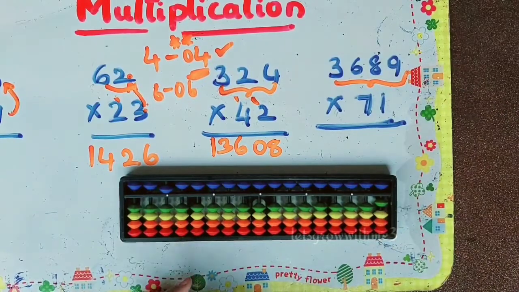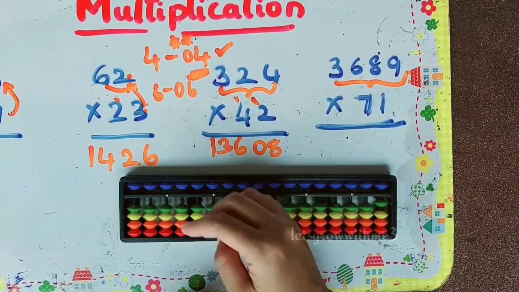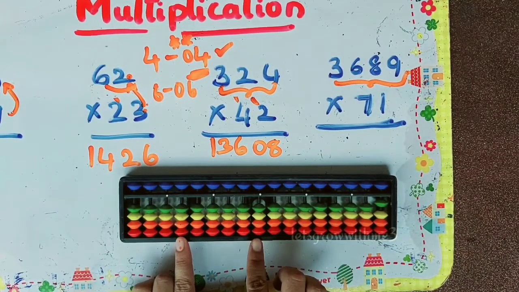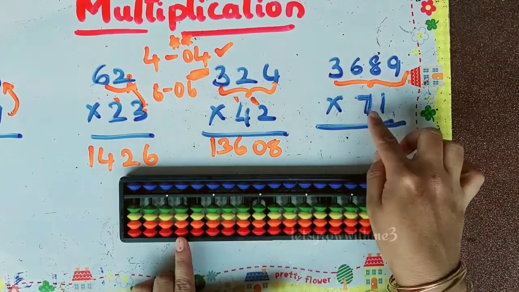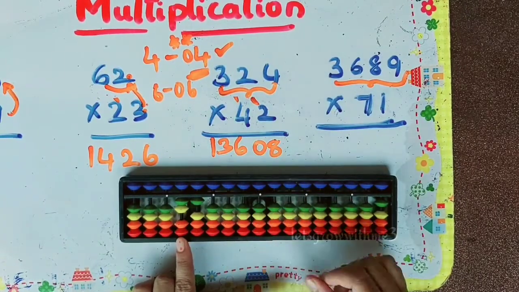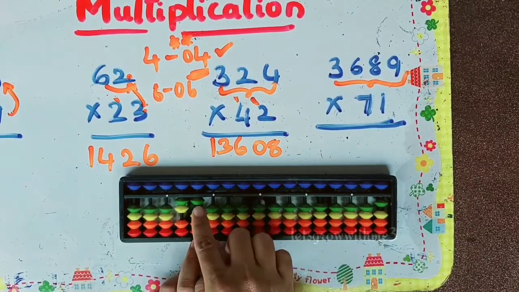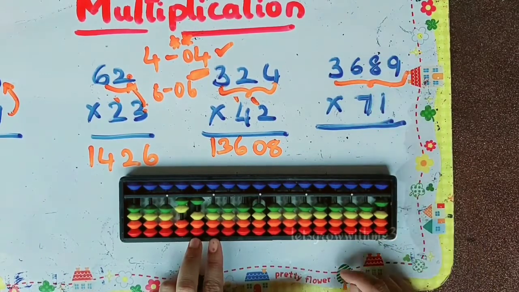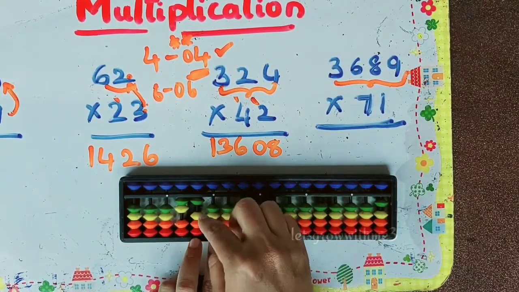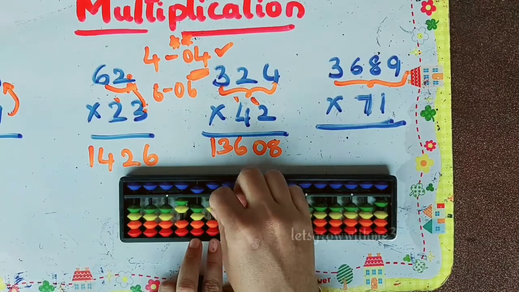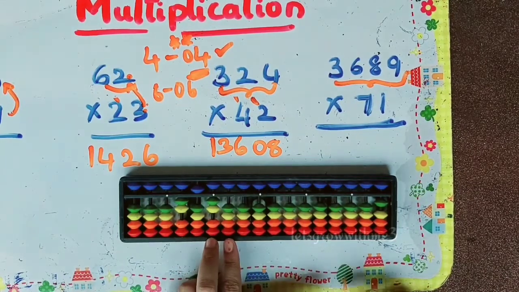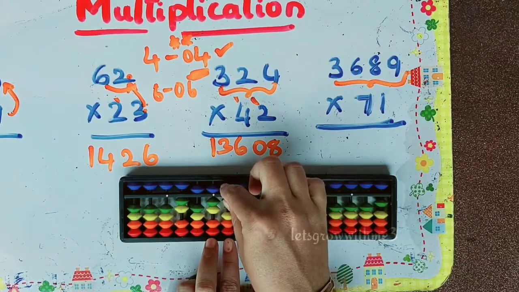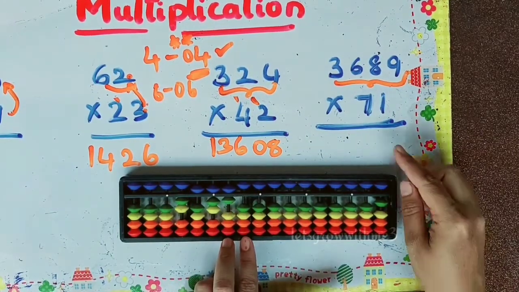Set 21 first. Okay, we will multiply 3689 with 7 first. So 7 3s are 21. Set 21, then shift the position. Then 7 6s are 42. So here we need to add 4, and then in the next column 2. How to add? 4 plus 5 minus 1, and then 2, then shift. Then 7 8s are 56. So 5 directly, and then 6 directly, then shift again.